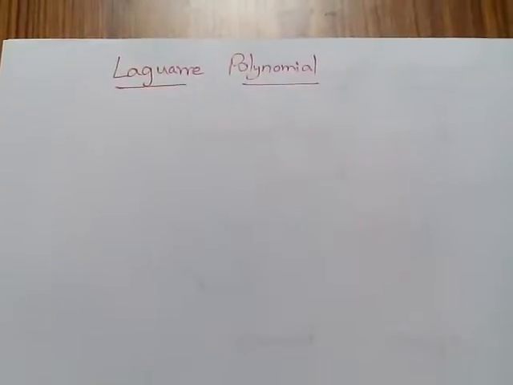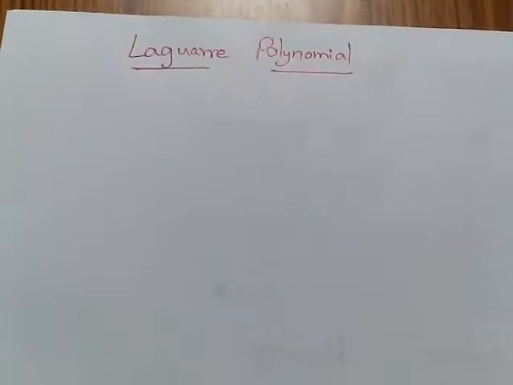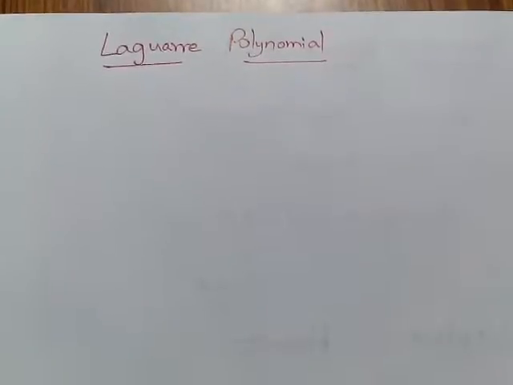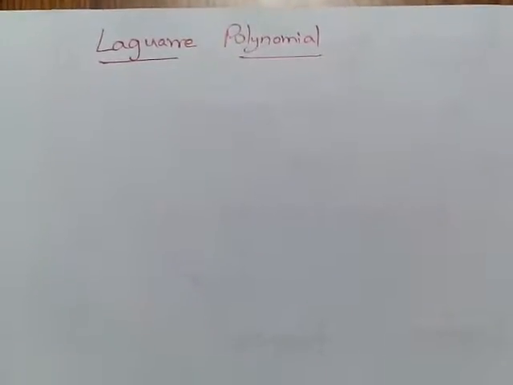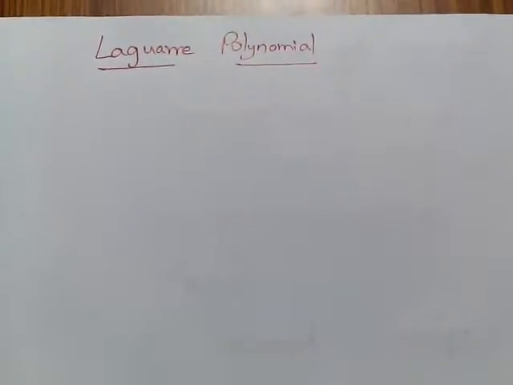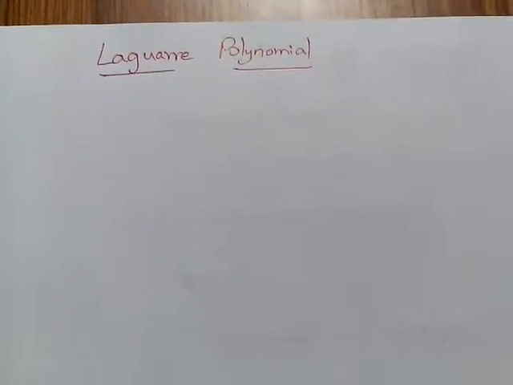Now I am going to tell about Laguerre polynomial. This Laguerre polynomial also belongs to the family of orthogonal polynomials. We already defined the differential equation of the orthogonal polynomial in the Hermite polynomial description. So I am now going to tell about Laguerre polynomial only, and it was brought into theoretical form by a French mathematician, Edmond Nicolas Laguerre. It has its applications in complex analysis, in maths, and in science it has various applications in quantum mechanics.